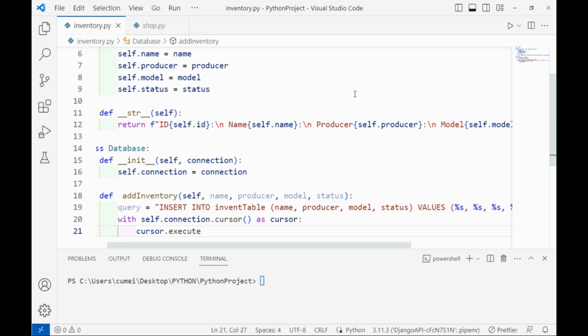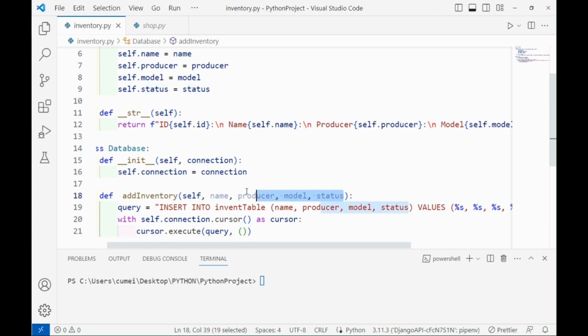Execute query. So we're executing this query now. So that's why we're using this variable. So here we have query,